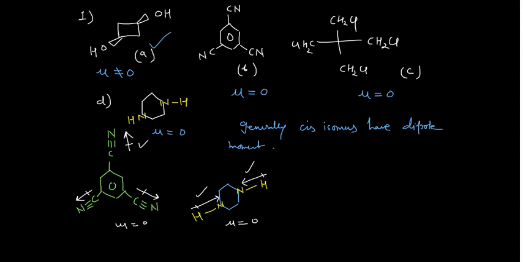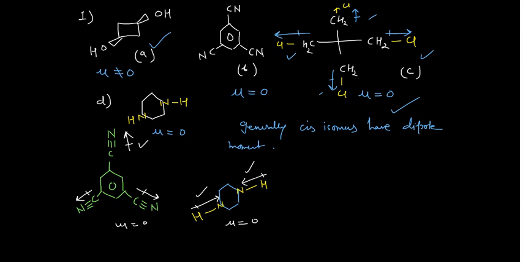Similarly, if you want to know this one, I can make little changes here. I can remove the chlorine from here, just like that, and put my chlorine back. Say this is Cl, this is Cl, this is Cl, and this is also Cl. So how will the bond moment go? The bond moment will go in that manner. This is just like that. So this will cancel this. Similarly, this will go up, and this will go down, so they will also cancel, so it will have zero dipole moment.